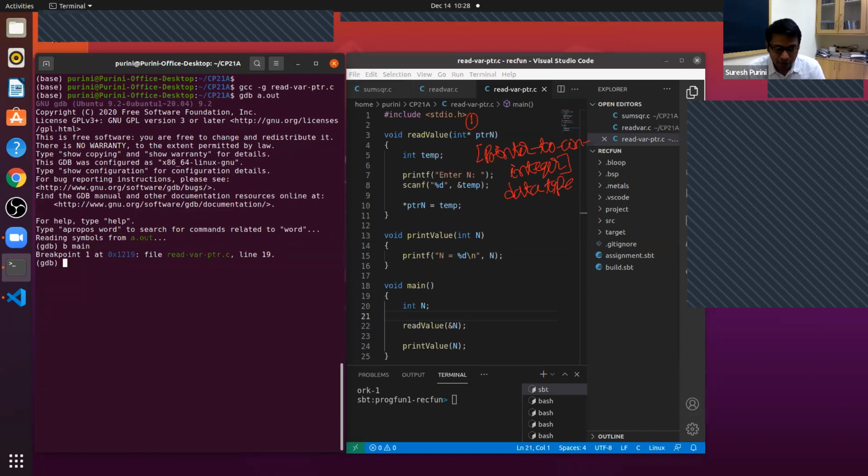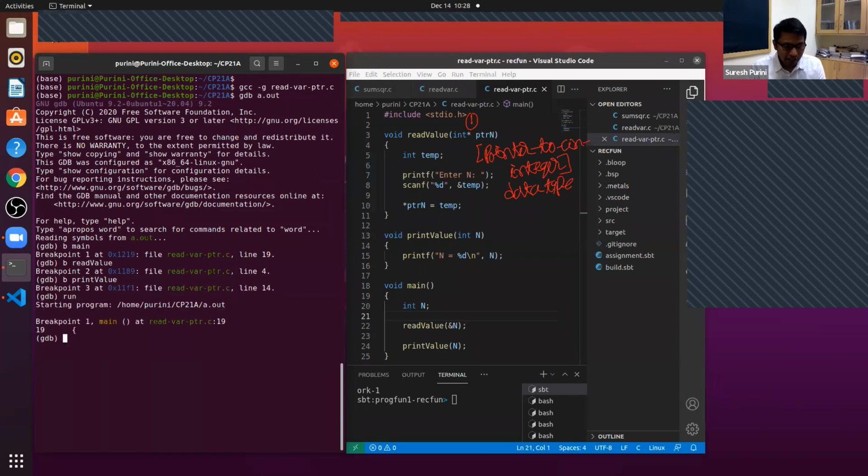I set breakpoints on the function main, on read value, and on print value. I put breakpoints on 3 functions. And now running the program.